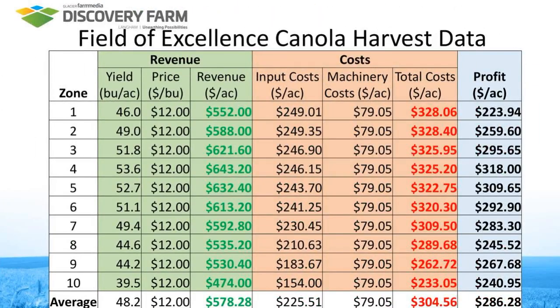So now to bring this together and go again to our canola results, let's see if we can tease out maybe some of the reasons why we're seeing differences in yield response across the field. So again, just for reminder, our highest net profitability was in the zone 4 and 5 locations in the field.